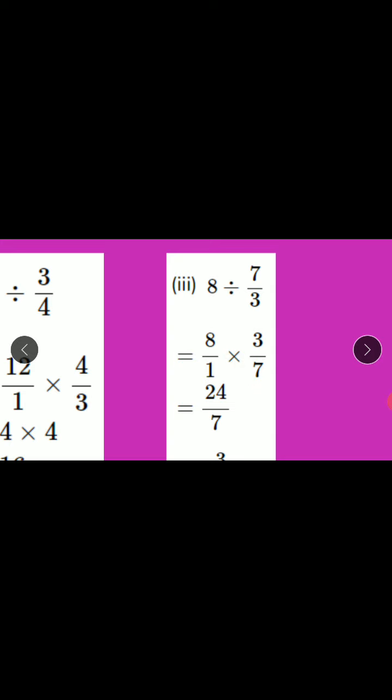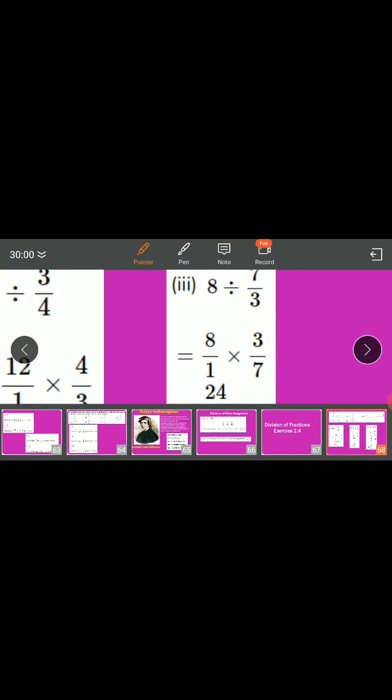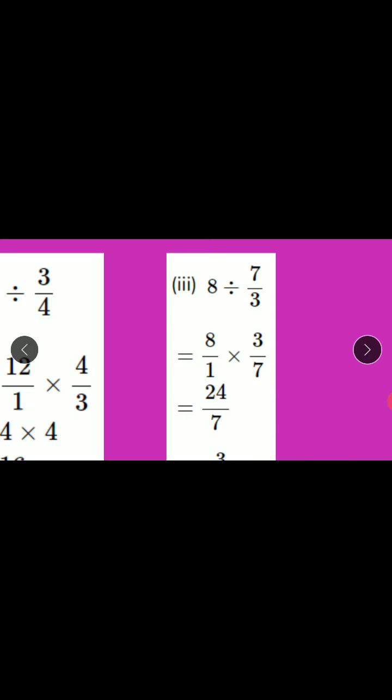So how do we multiply the fractions? Let's check whether the numerator and denominator have any common factor. Among 8, 1, 3, 7, the smallest factor, as in the previous one also, is 1, which we are leaving, because a common factor of 1 is not necessary.